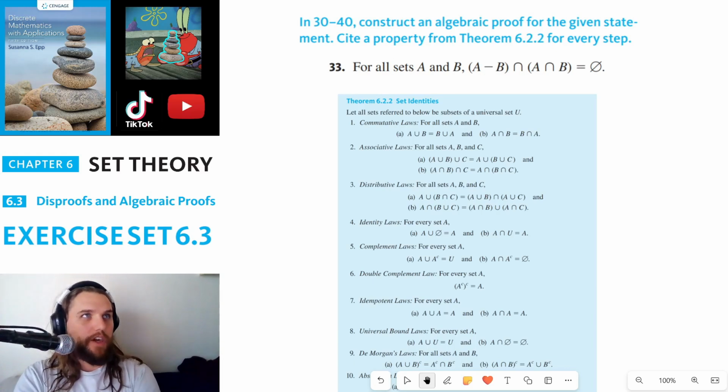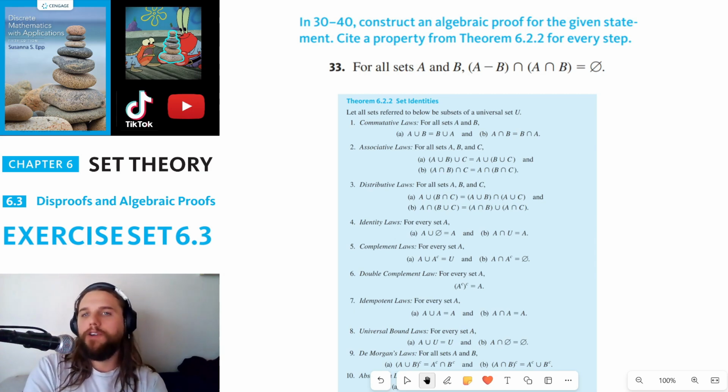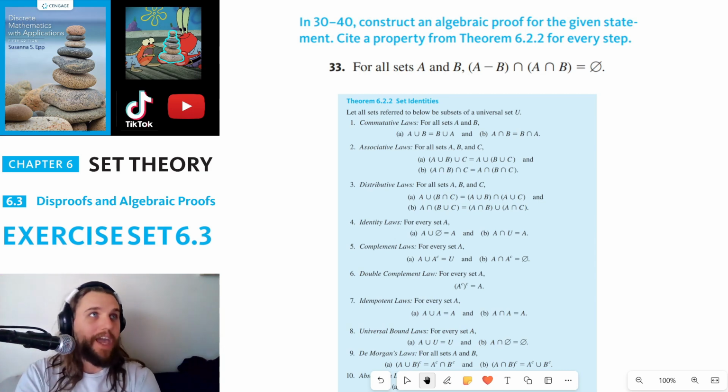In 30 through 40, construct an algebraic proof for the given statement. Cite a property from Theorem 6.2.2 for every step. So we're going to be proving that for all sets A and B, A minus B intersection A intersection B